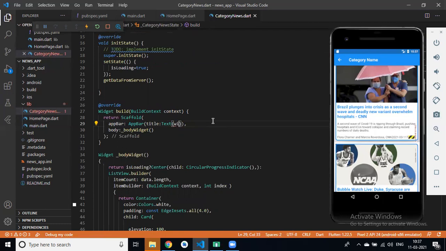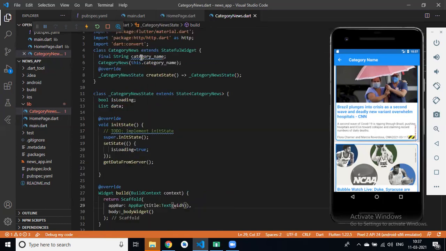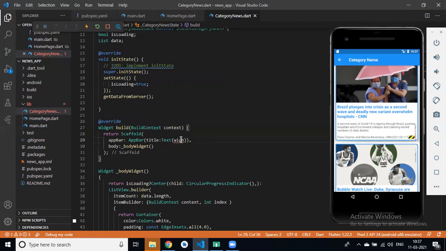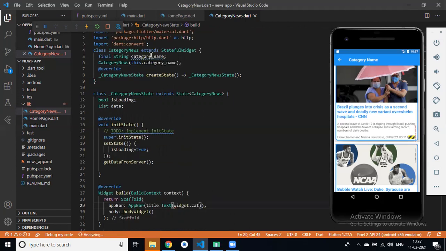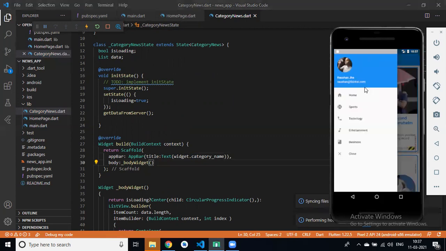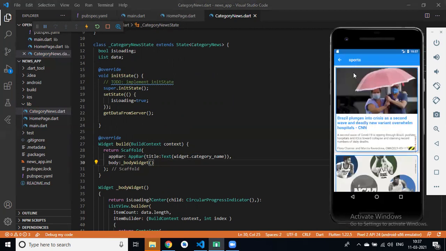If I want to use this category name, then simply, in our category news state, we do it like this: widget.categoryName. So now if I click on sports, then you can see the sports title. Can you see?